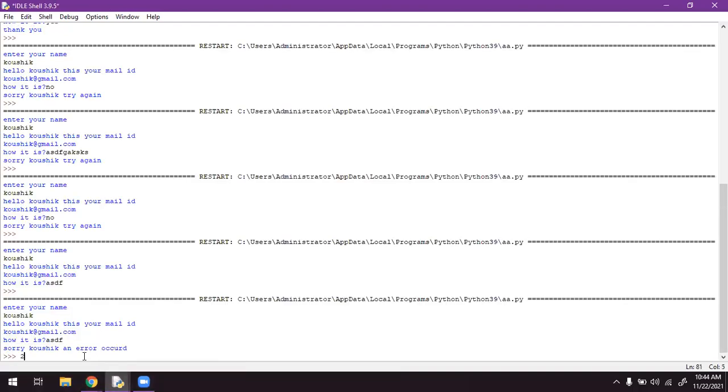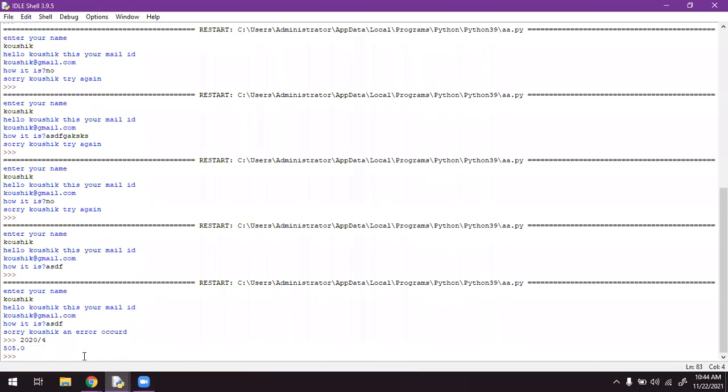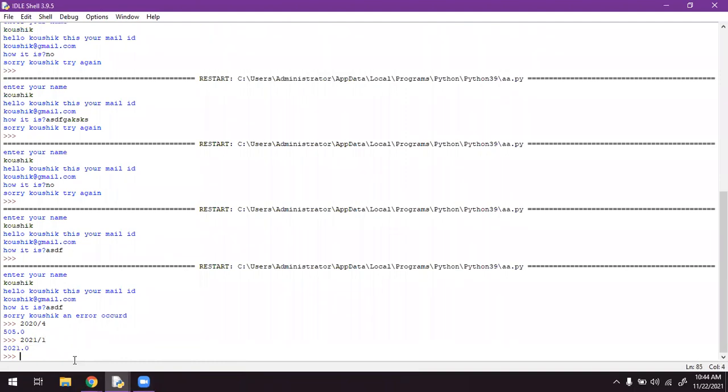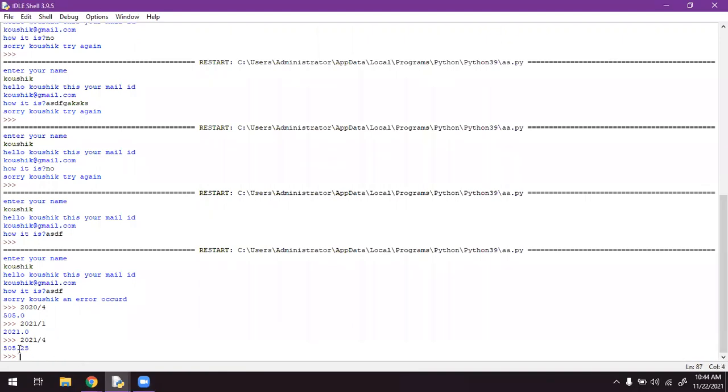If I type 2020 divided by 4, it's a leap year. 2020 is a leap year, but 2021 is not a leap year. Why? Because 2021 by 4, if I hit enter, I'm getting some fraction value, meaning that we are getting a remainder. So this concept we have to check.